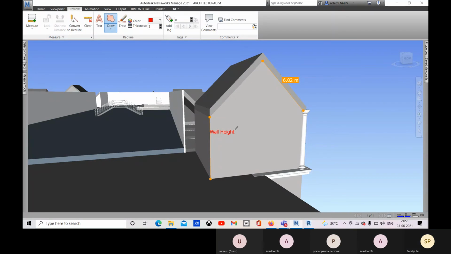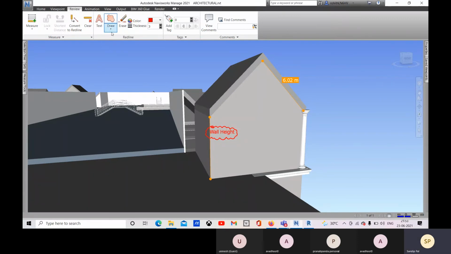Just click, click, click. This way you can create, and then Control 1.